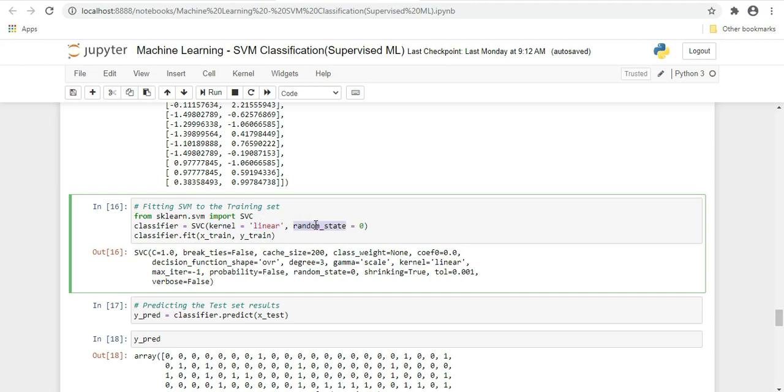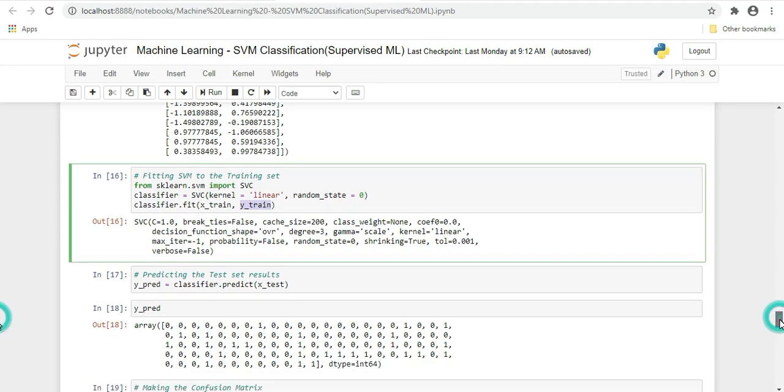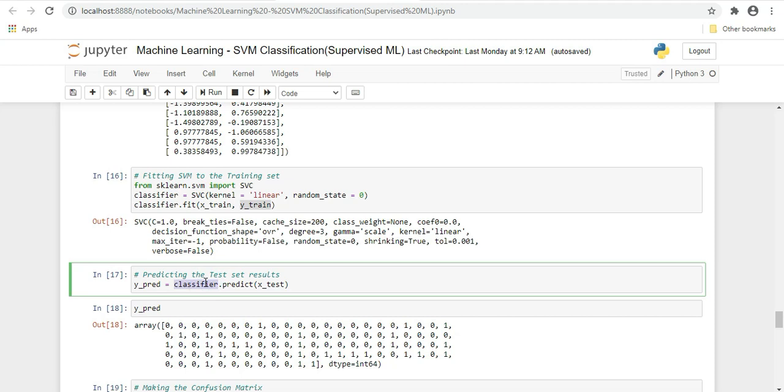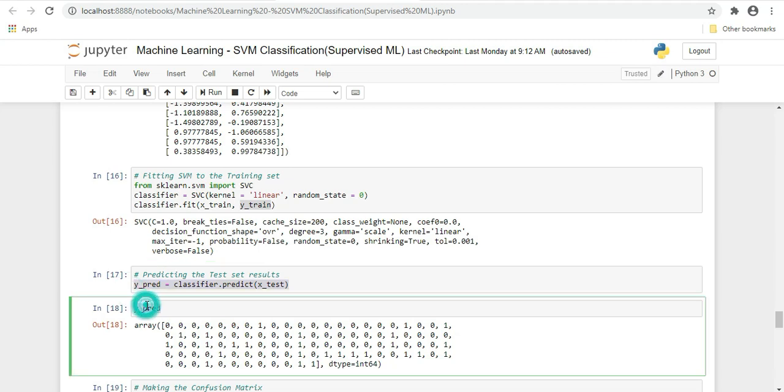After storing it, classifier.fit, we will fit our values of x_train and y_train with this classifier. Once our model is trained, we will predict. So here, if you see, we are predicting the value. classifier.predict x_test, and we will store it into y_pred. So this is the predicted value by the model.